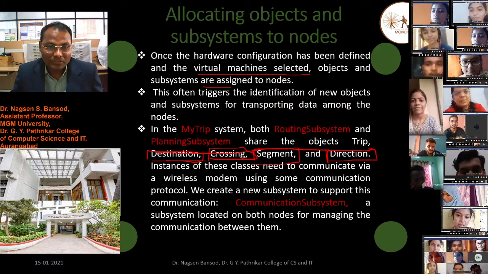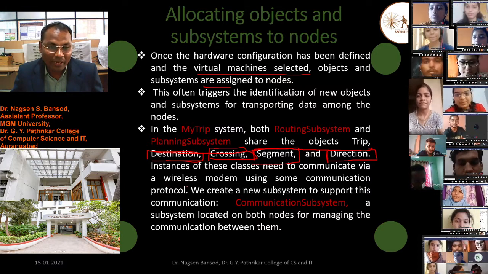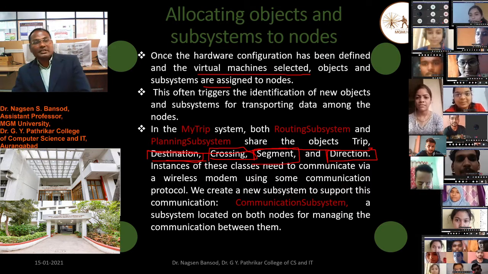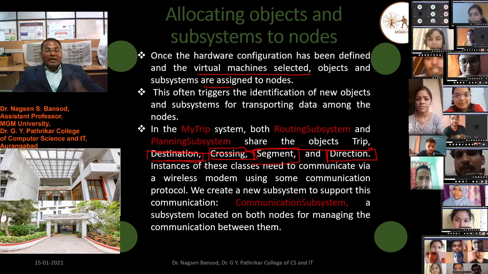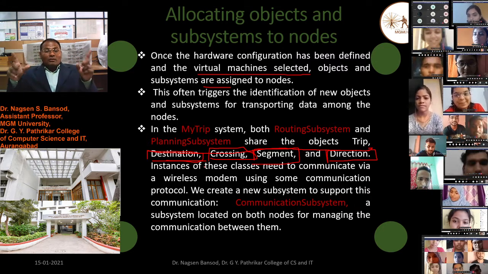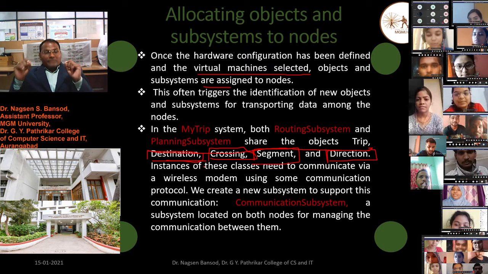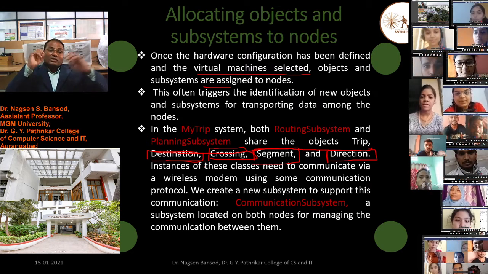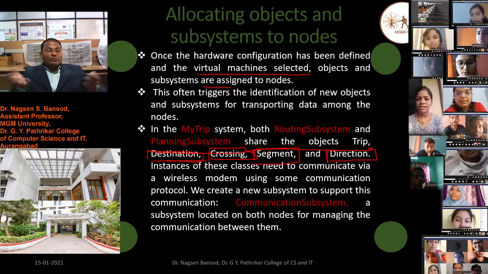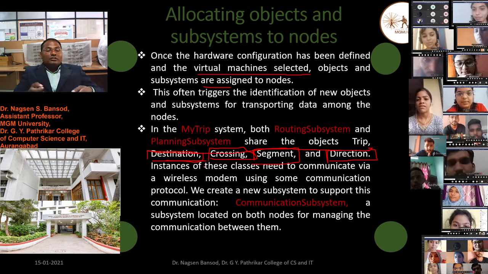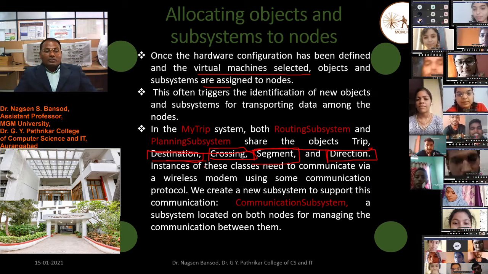Instances of these classes need to communicate via wireless modem using some communication protocol. Destination, crossing, segment, direction, all this information we get through wireless devices. So we have to design software for wireless devices so that we will be able to acquire all this information using the wireless protocol.